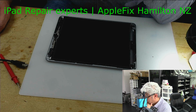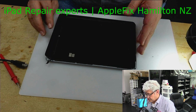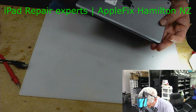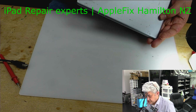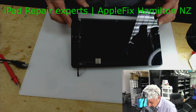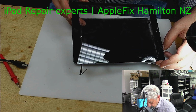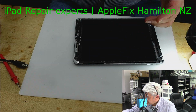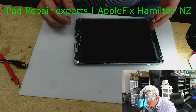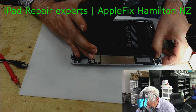Hello guys. So what I have here today is an iPad 6th generation, and the model number is A1823, which was sent to us by one of our dealers because it's not charging and not turning on. They opened it and I think they have tried another non-good battery, but it's still the same problem. As you can see, the battery is intact,